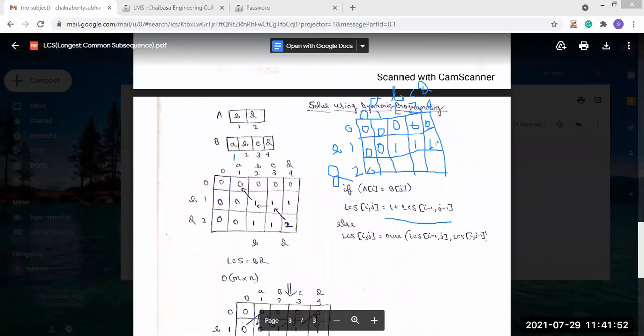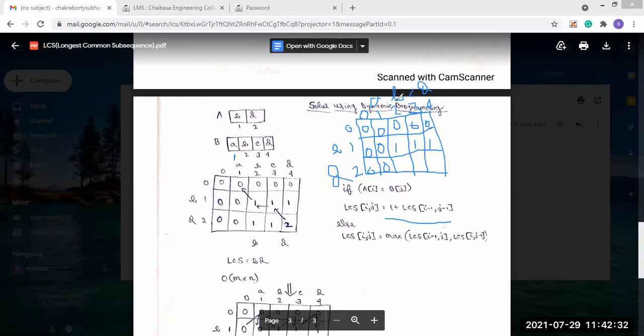So next. Same for this character also we will check. Here the character is what? The character is D, and here the character is A. So between D and A, this is mismatch. So mismatch means what? We will check this 0 and 0. What will be the maximum? This is also 0, this is also 0. So 0 and 0, the value will put as 0. Maximum is 0. So we'll put here.